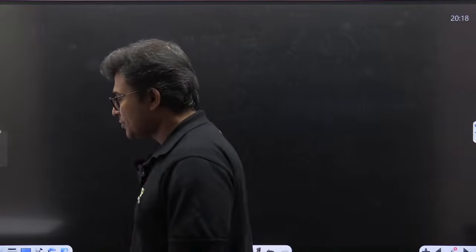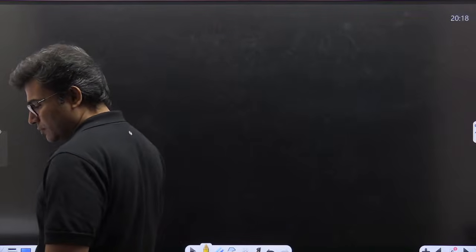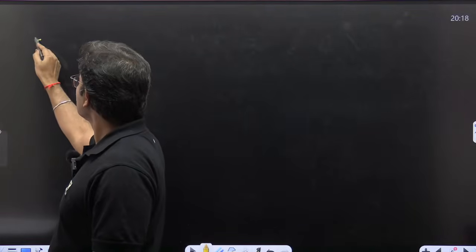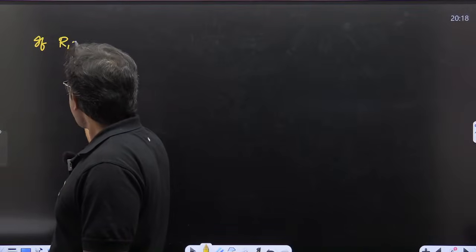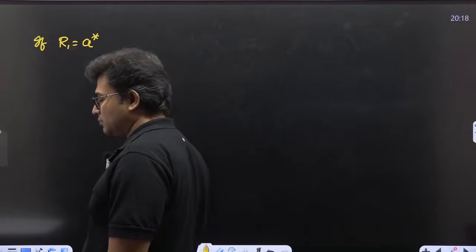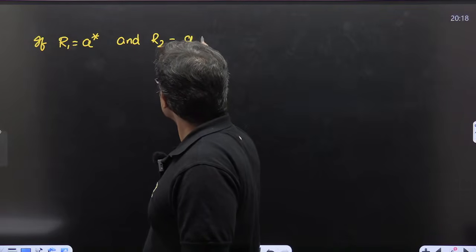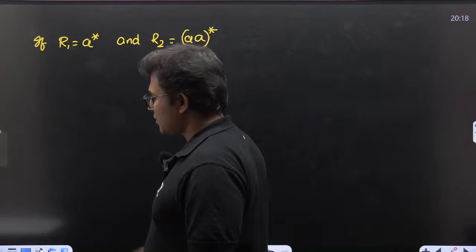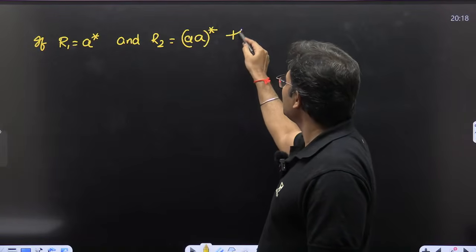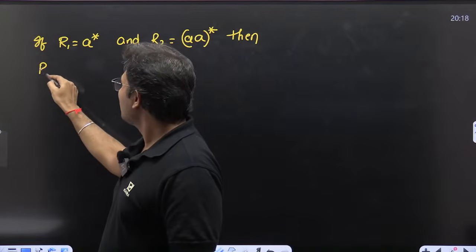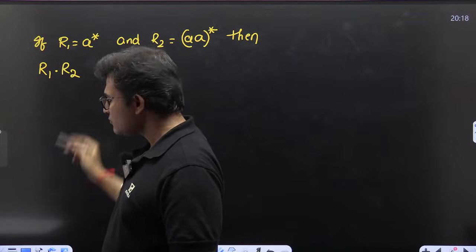Answer this question. If R1 equals a* and R2 equals a*, then if I concatenate R1 with R2,